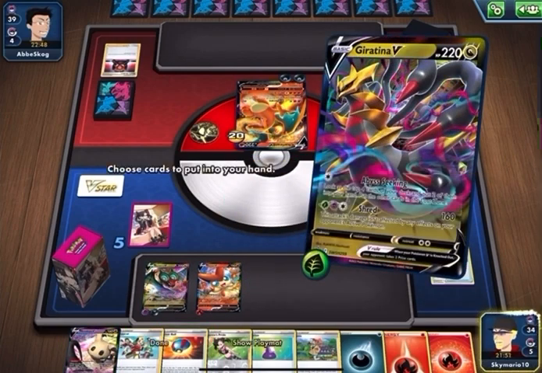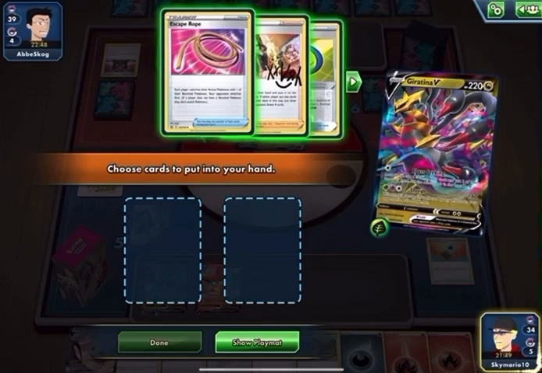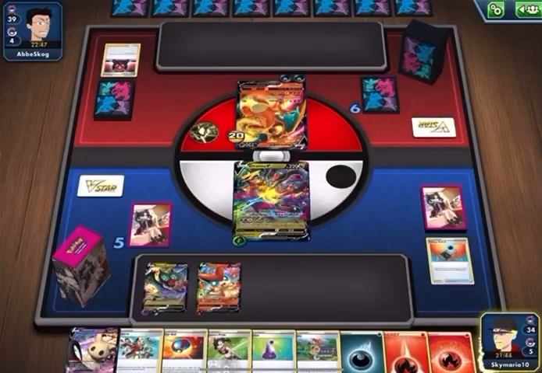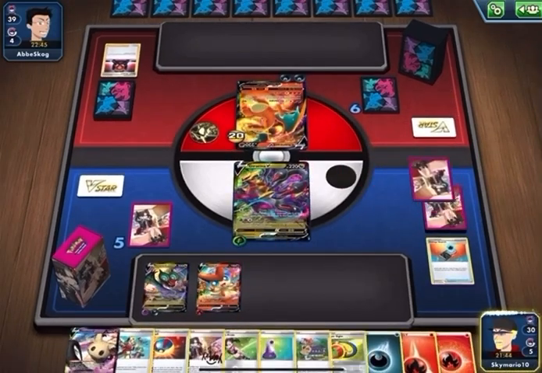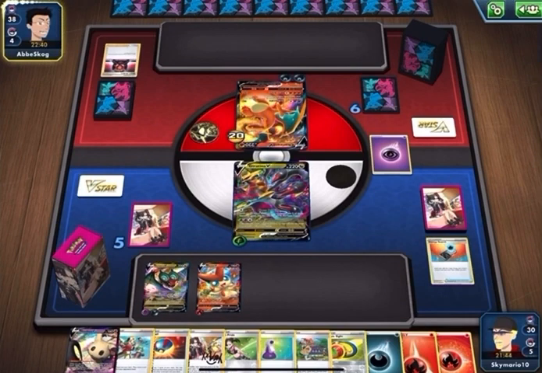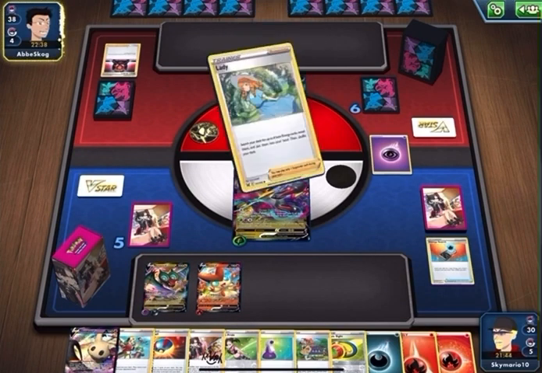But anyway, I use Abyss Seek in here, which lets me look at the top 4 cards of my deck. I grab my Marnie, I grab Tactical Scope, there we go. And the other 2 go into the Lost Zone, which I will give